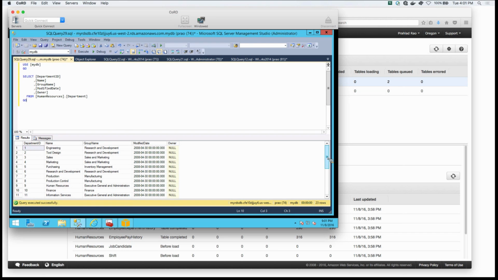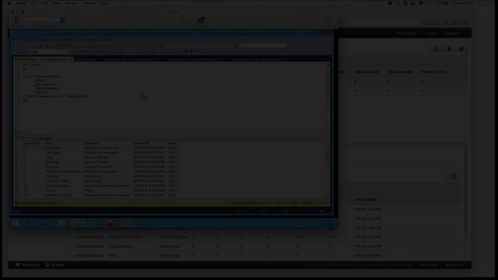So once you do that, you're now querying the target database, and look at how all the data that was in the source database has been successfully migrated to the target database. So that concludes our demo and the presentation. I'm sorry for running over the time. And let's take a quick look at some of the